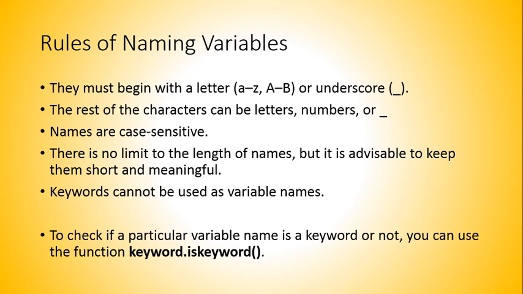One thing has to be certain: Python uses certain keywords for its own use, and those names should not be used for variables. In addition, there are some internationally accepted rules, which are common to almost any programming language. The first is the name must begin with a letter, A to Z in upper or lower case, or an underscore. The rest of the characters can be letters, numbers, or underscores.